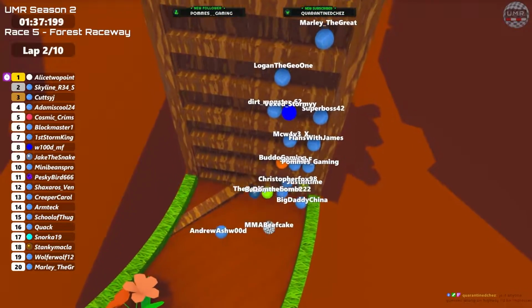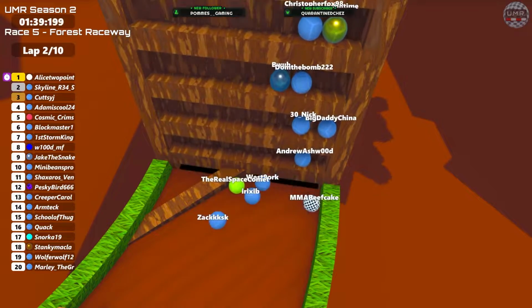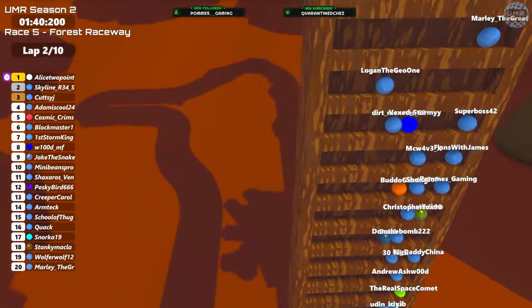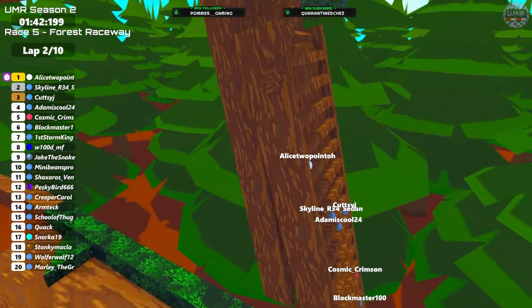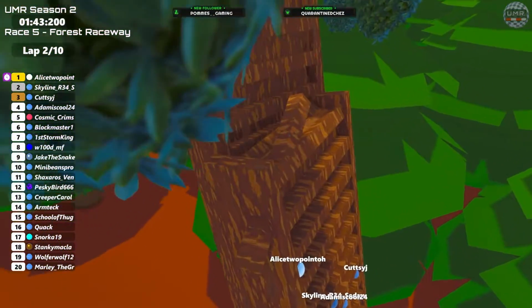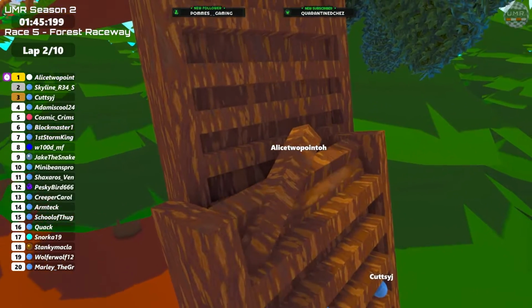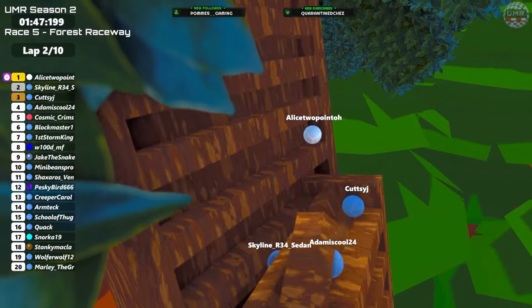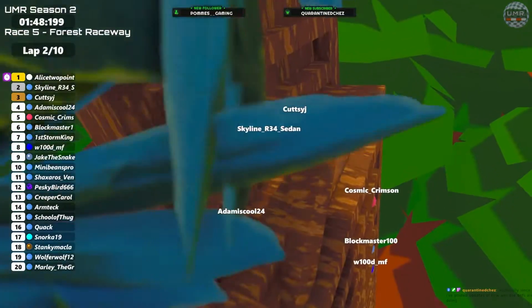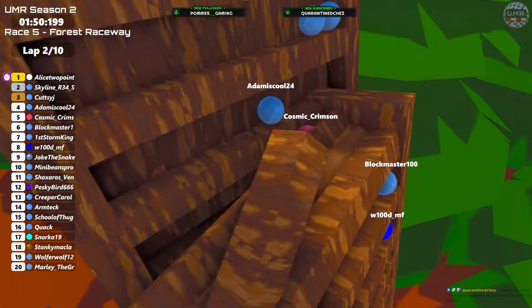So China getting set back quite a bit there as well, just in time losing some time. Nick's going to come flying in. Gonna head up to the transition and see what happens. So of course a clean transition over Alice. A bit of a drop for Adam though, not quite lining up the two